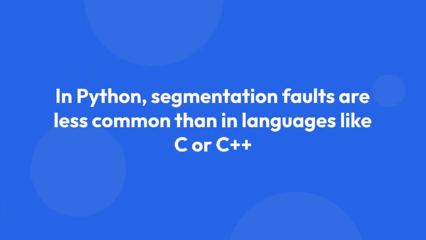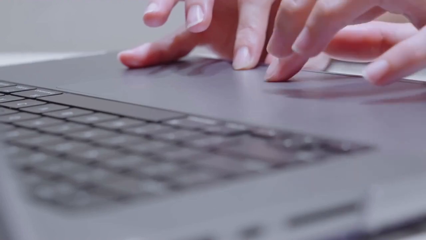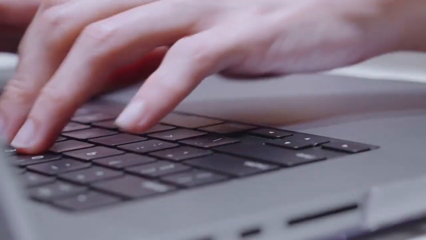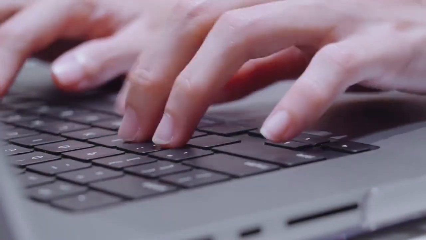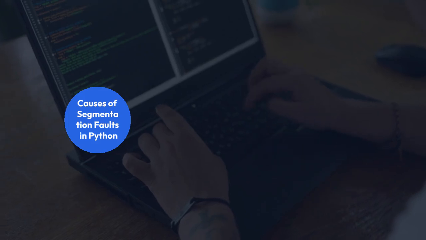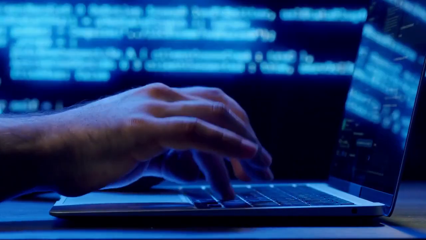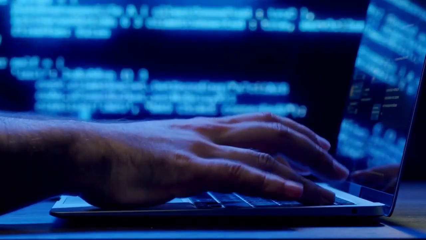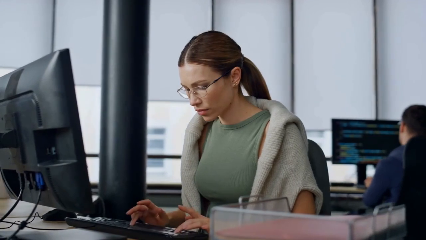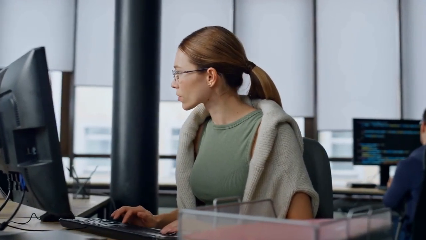The system stops you because it's unsafe. In Python, this is less common than in languages like C or C++, because Python has a garbage collector and memory management built in, but it can still happen. 1. Causes of segmentation faults in Python. The most frequent cause is interacting with C extensions or libraries. If a C extension has a bug leading to memory corruption, overwriting memory it shouldn't, or accessing invalid memory addresses, a